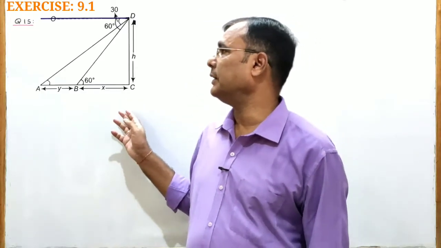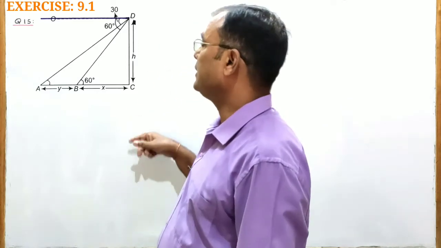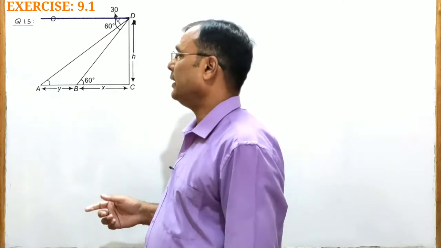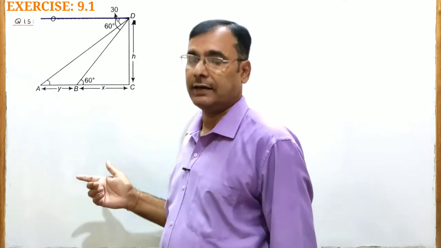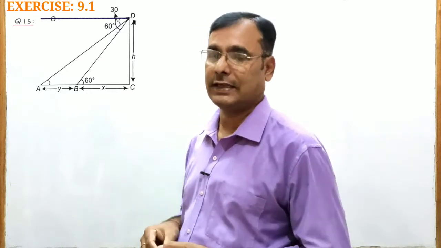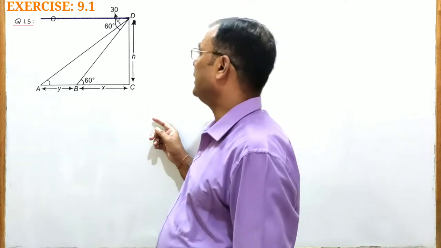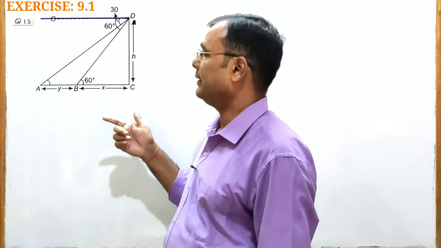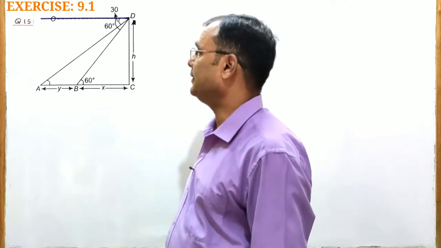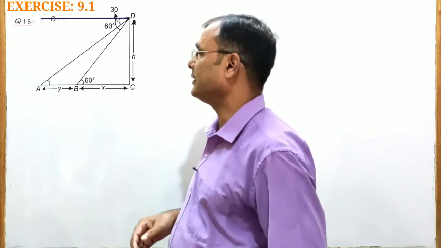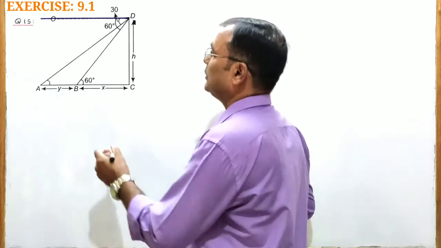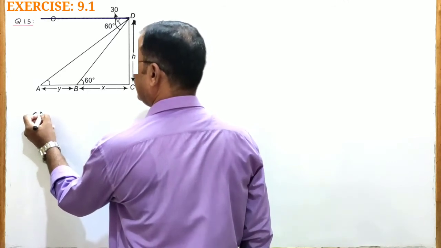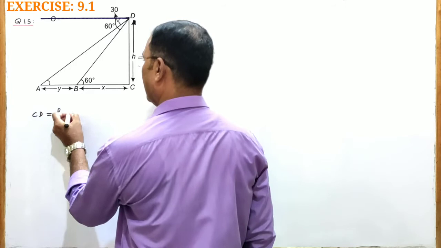In this figure that we have drawn for this question, CD represents the height of the tower. A and B are two positions of the car at an interval of 6 seconds. From the top of the tower D, for the two positions of the car at A and at B, the angles of depression are 30 degrees and 60 degrees respectively. So here in this figure, CD, let us write H, the height of the tower.